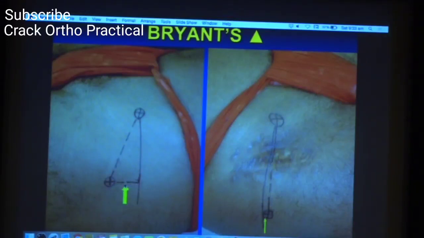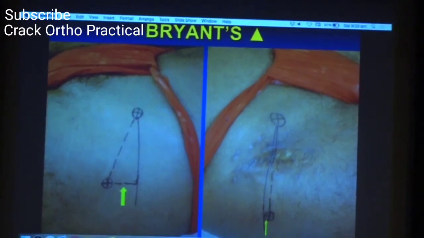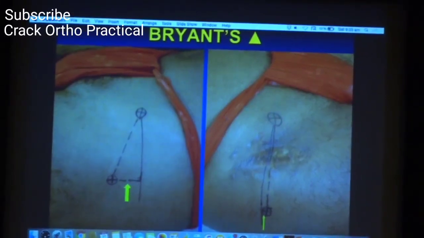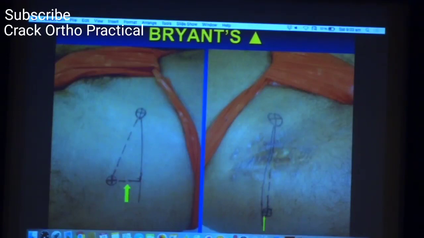The base of the Bryant's triangle is compared with the affected side. So on the affected side, what we find is the triangle is reversed. Like the candidate was talking yesterday also, there was a reversal of the triangle, signifying that there was a significant amount of supratrochanteric shortening. So the point to be underscored is it is comparative analysis, and you must be careful